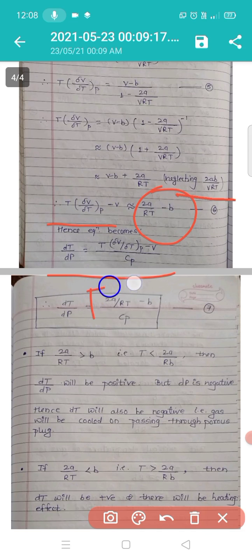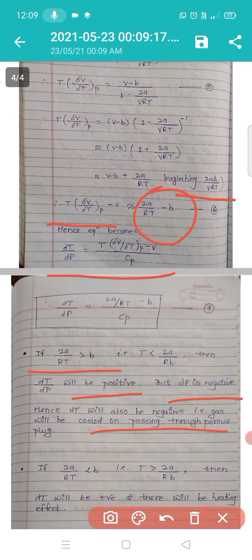Keep here the value of this 2a by RT minus b upon Cp. This is the dT/dP is equal to (2a by RT minus b) upon Cp. Okay, if the value of 2a by RT is greater than b, that is T is less than 2a by Rb, then dT/dP will be positive. But dP is negative, hence dT will also be negative, that is gas will be cooled on passing through